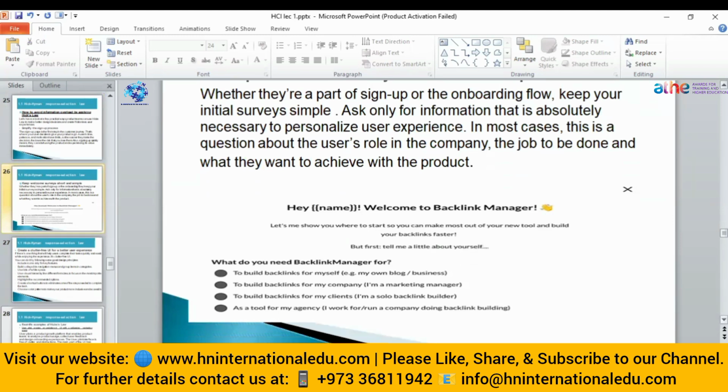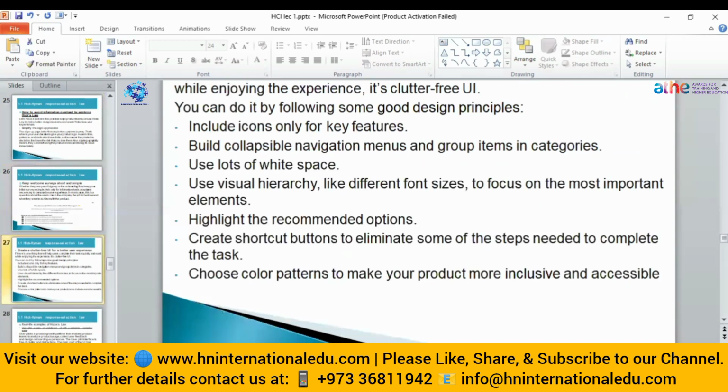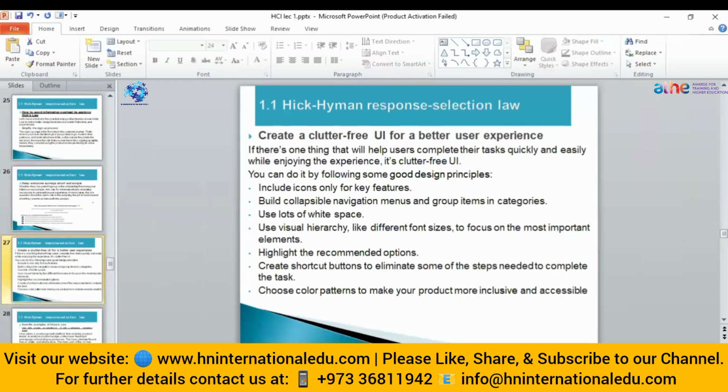So you will click one of the options there, whether you want it for your business. Whenever you set up your Gmail account, there are 2 to 3 options, like it is for your personal use, for your institute or your business use, and you have to select one from them. So this is what Hick's law says, keep your survey short so that the user can keep engaged with it.